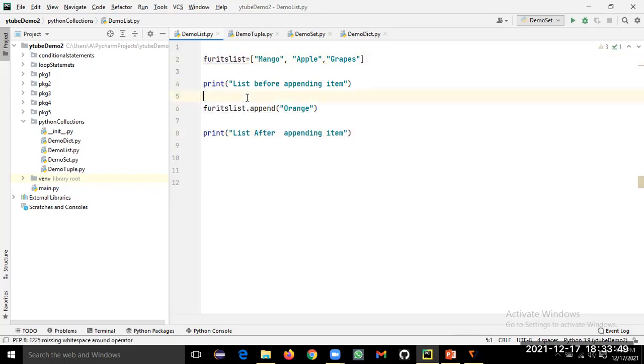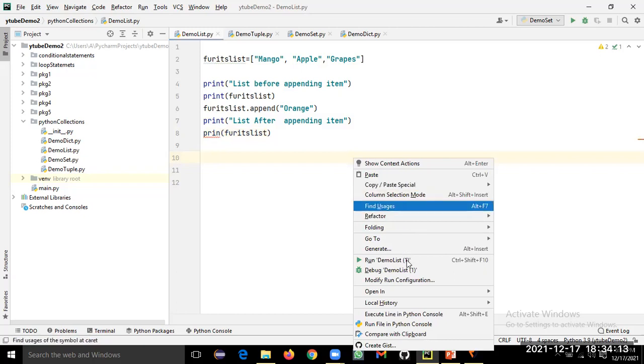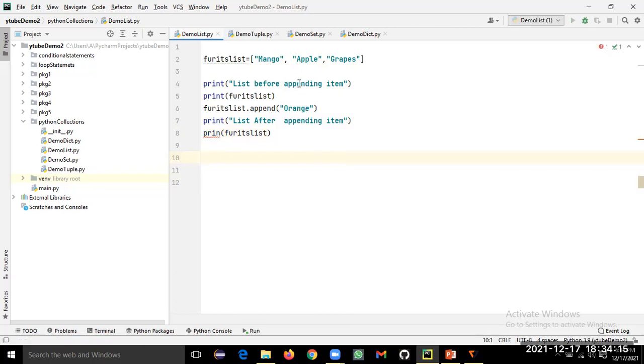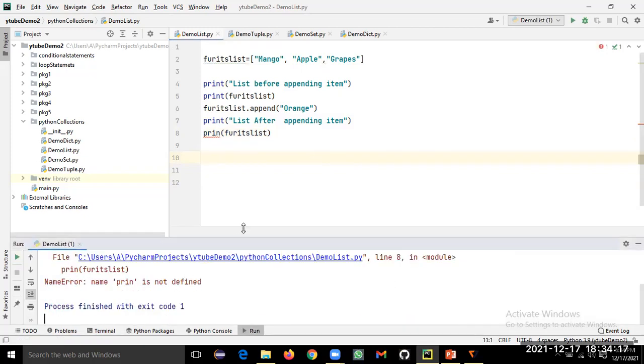So we'll print this list here, using the print function. So here if I run it, it will show both lists, how it looked before appending the item and after appending the item.